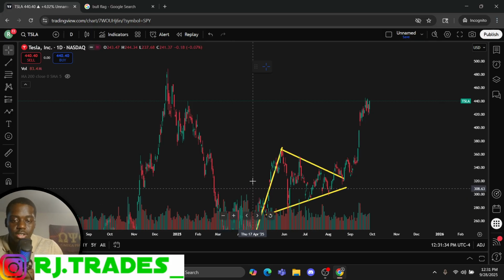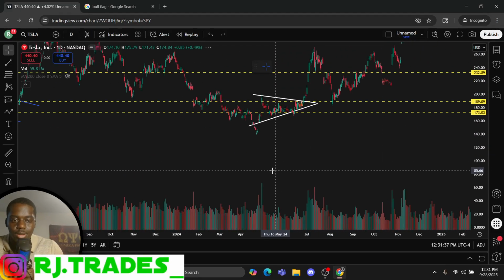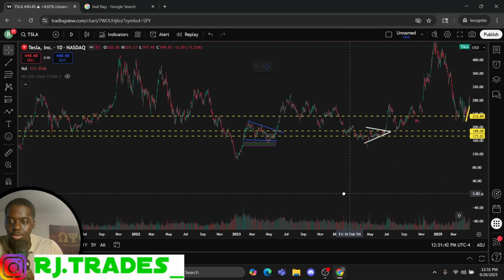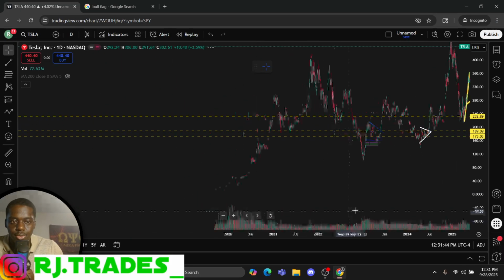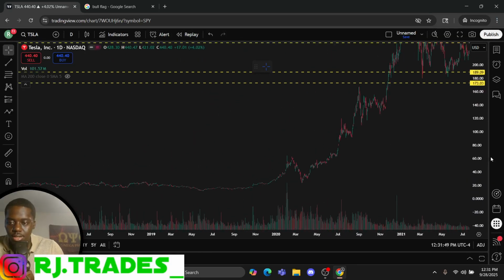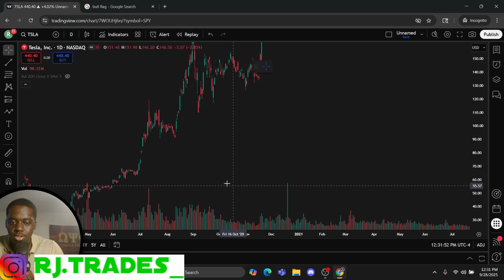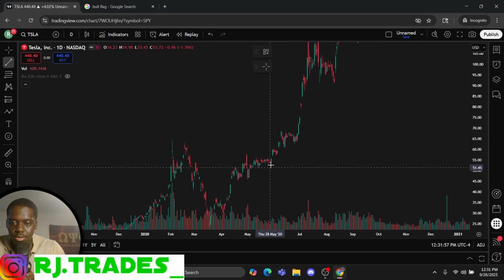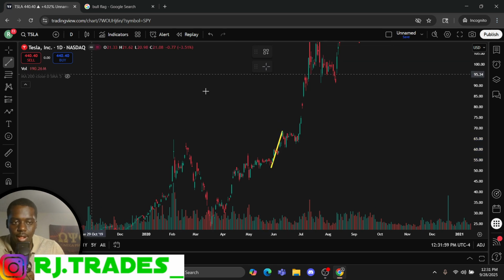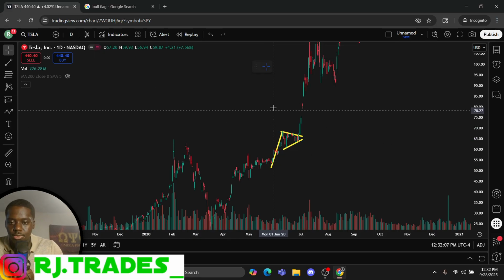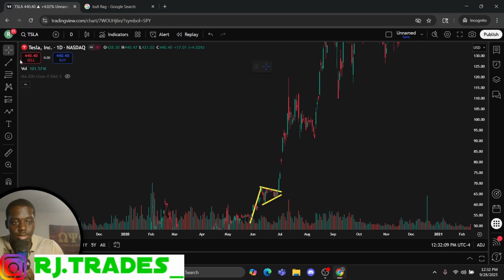There you go. You want to see another one? Let's stay with Tesla. I want to show you a bullish triangle pattern here. Oh yeah, 2024. Let's go back here. Look at this. Tesla's been making triangle patterns for a long time. Check this out. Nice move up. Downward trend line right here. Upward trend line right here. Gone. Look at that.